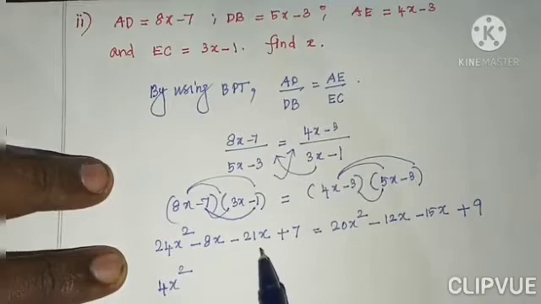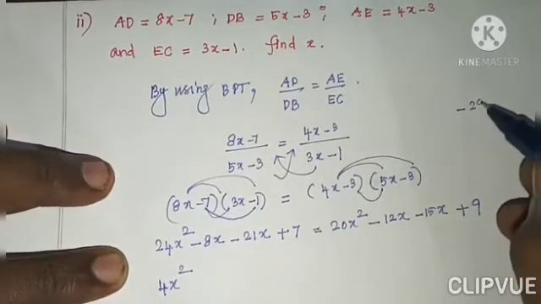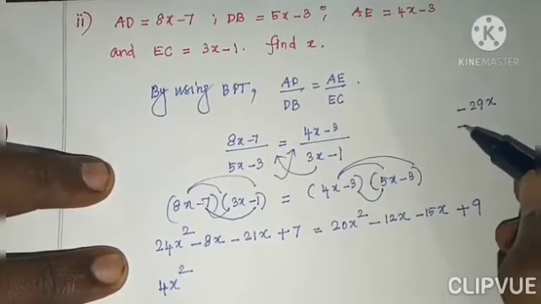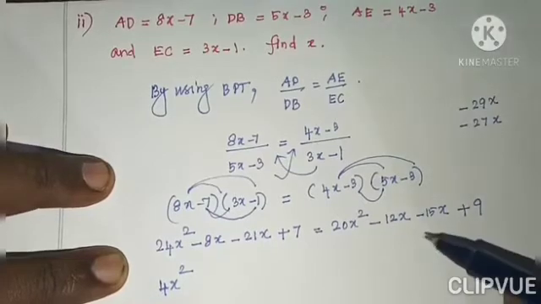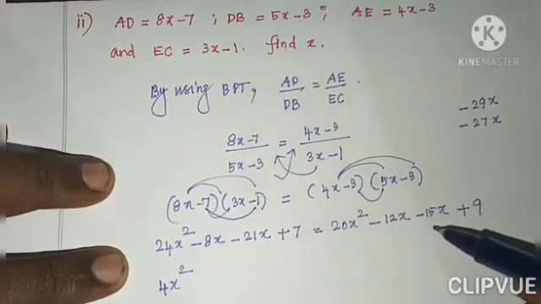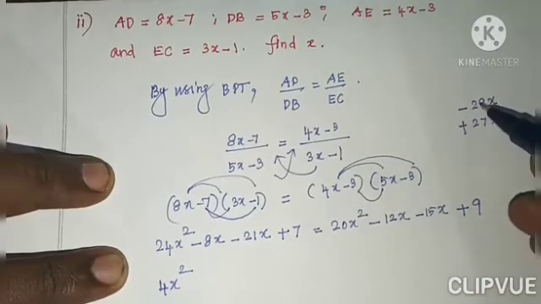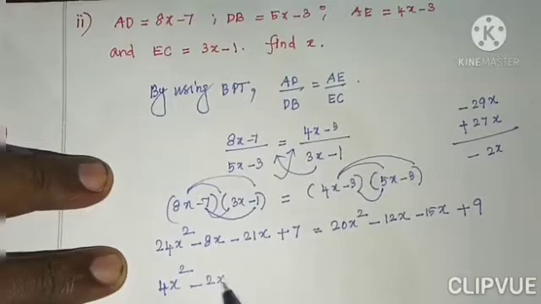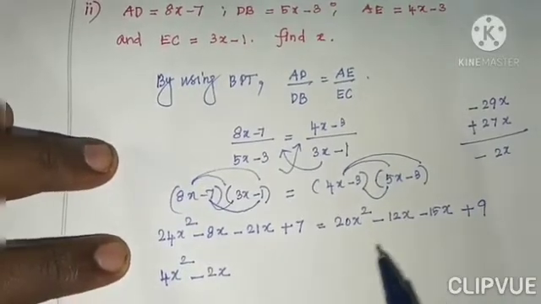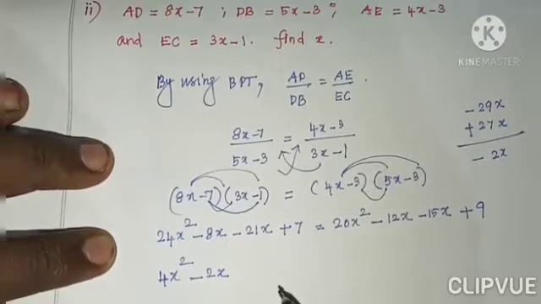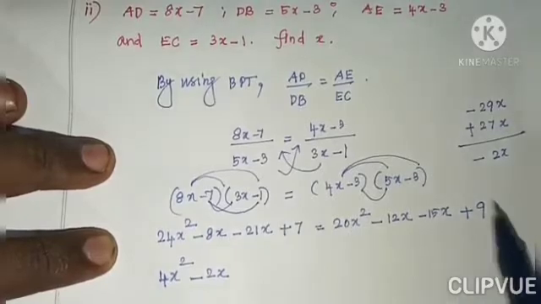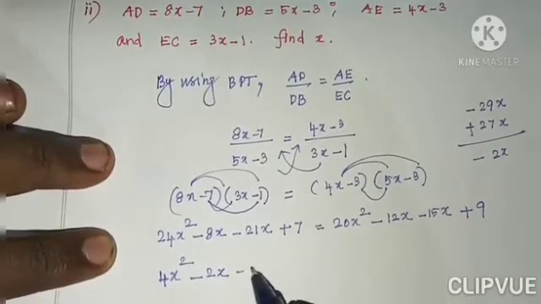Here minus 8x minus 21x is equal to minus 29x. Okay, so here minus 12x minus 15x is equal to minus 27x. If you take this from the right hand side to the left hand side, it becomes plus. So minus 29x plus 27x is equal to minus 2x after simplification. If you have doubt, you can write it once, after that you can simplify it. Next, this plus 7, here plus 9 becomes minus 9, so 9 minus 9 plus 7 gives minus 2